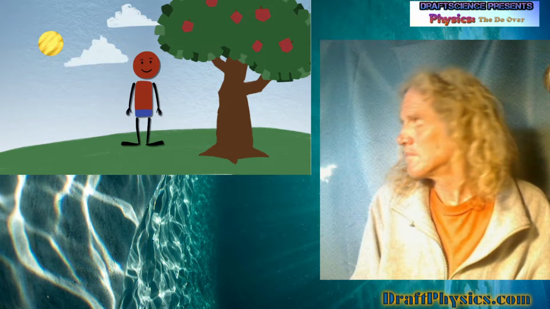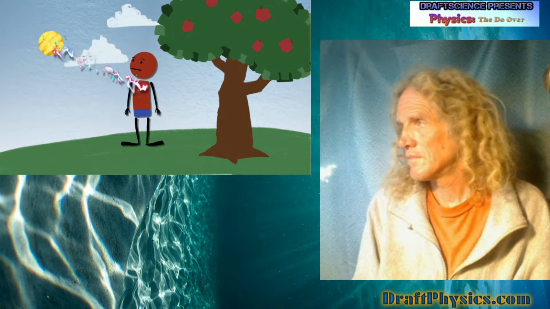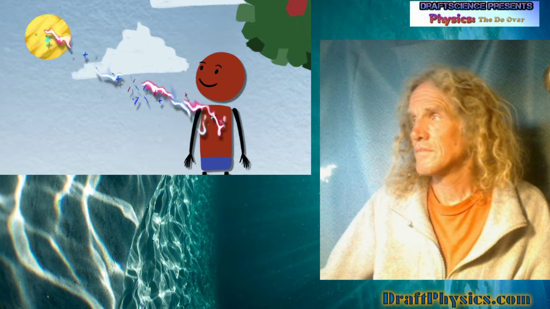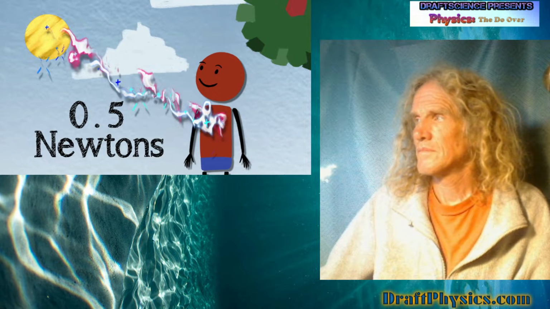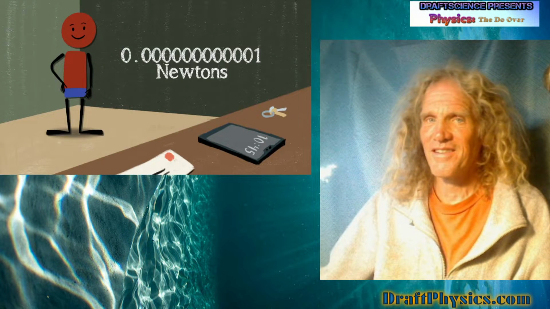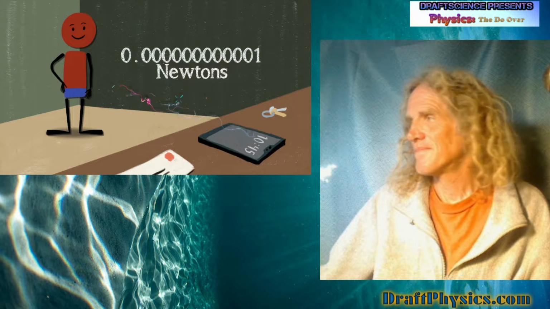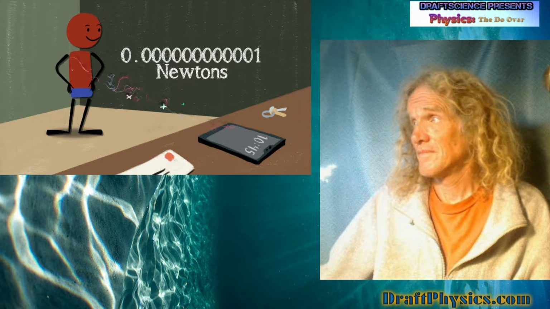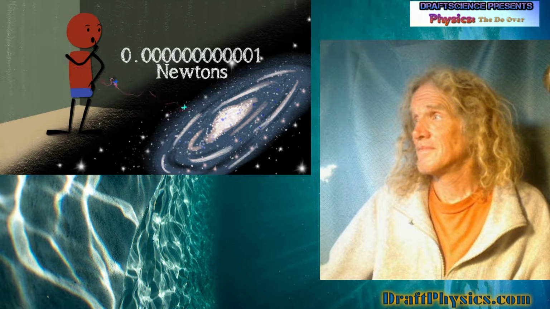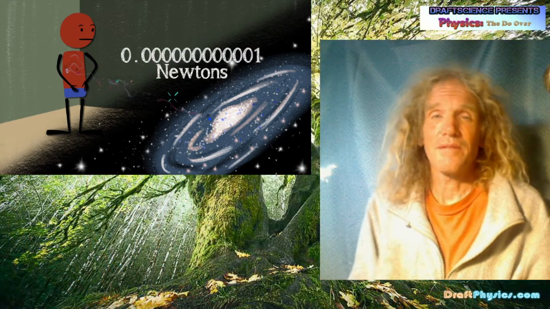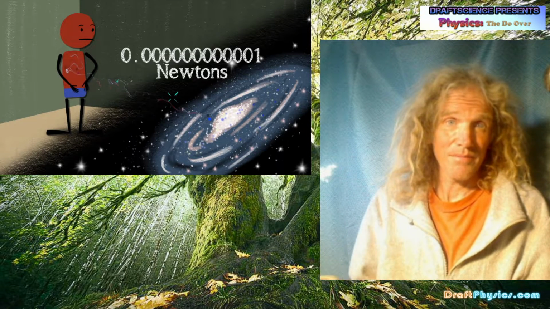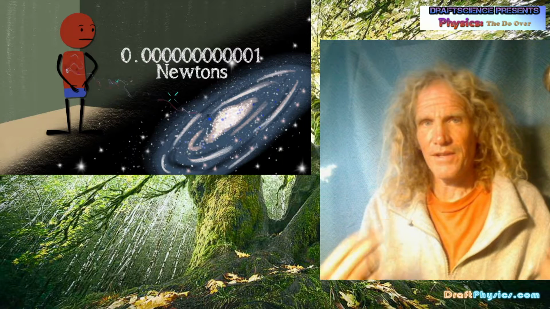Even safely tethered to the Earth, we're subject to the faint tug of distant celestial bodies and nearby earthly ones. The sun exerts a force of about half a Newton on you. I mean, it's very, still. If you're a few meters away from a smartphone, you'll experience a mutual force of a few piconewtons. That's about the same as the gravitational pull between you and the Andromeda Galaxy. So it's just a matter, again, of distance and mass, so we understand how weak this change in the field is.